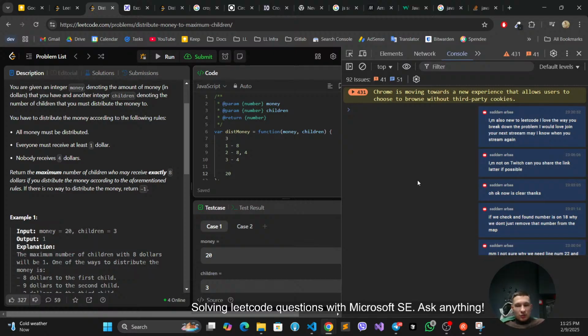So it means we should be able to do this. 20 divided by 4, it's 5 children, right? By 8. Okay, and if it's,